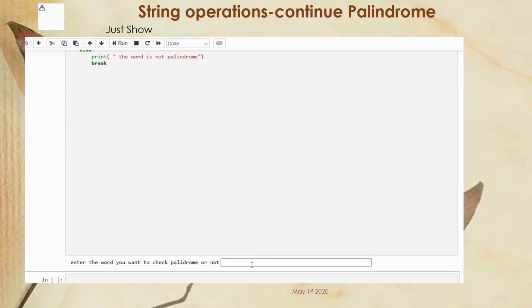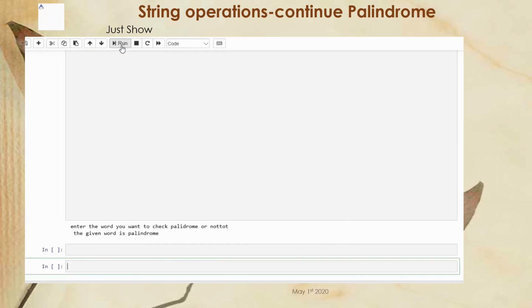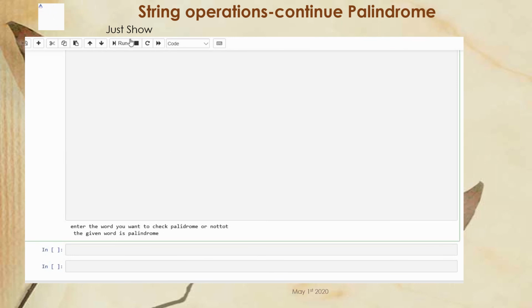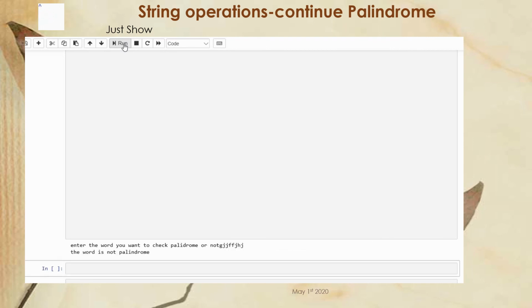So enter the word you want to check for palindrome or not. Suppose I am writing TOT. It said the given word is palindrome. Now again I am running, giving some other characters. This is not a palindrome. So the word is not a palindrome.